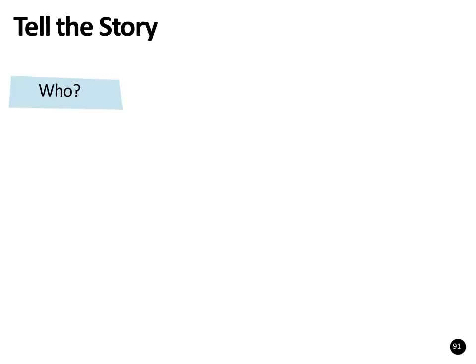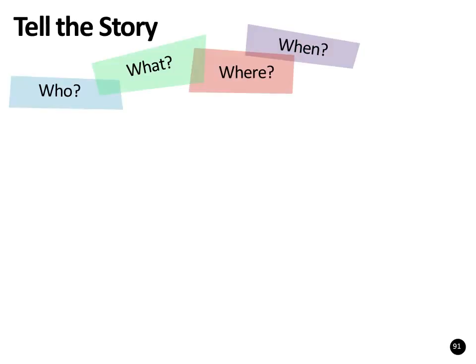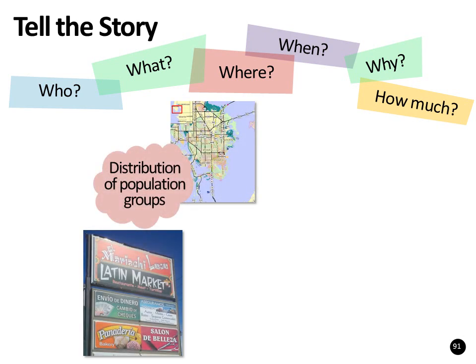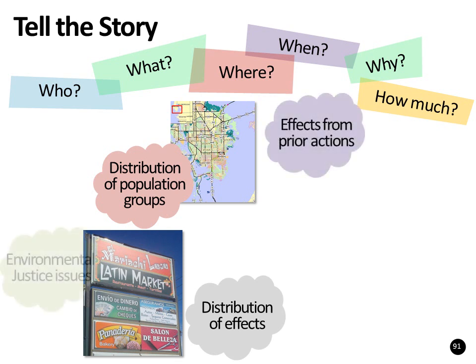The SCE evaluation results should tell the community's story relative to the proposed transportation action and highlight key details about the evaluation itself. The story would tell of population groups in the study area and how each is distributed, both statistically and geographically. Potential project effects would be described, including relevant effects from past actions and any environmental justice issues.